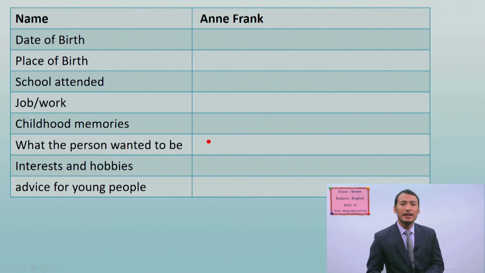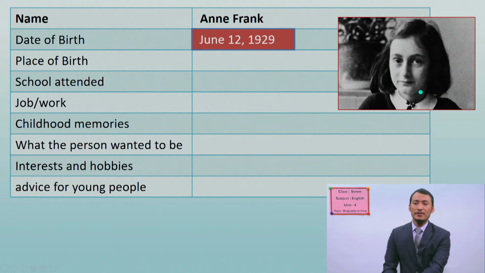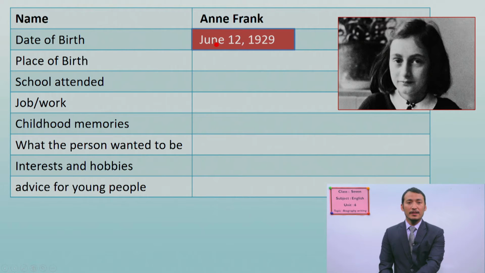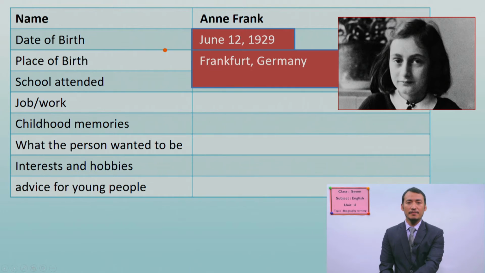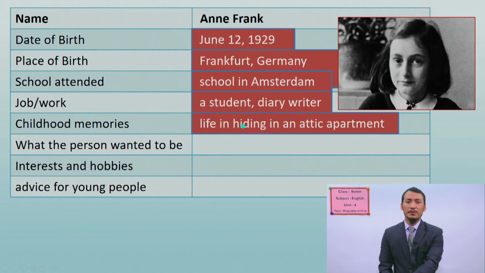Her name is, yes, Anne Frank, and this is her photo. She is your age, right? Okay. Her date of birth was June 12, 1929, and place of birth was Frankfurt, Germany, and she attended school in Amsterdam, and her job or work was as a student. She was a diary writer, and her memory was that she lived in hiding,